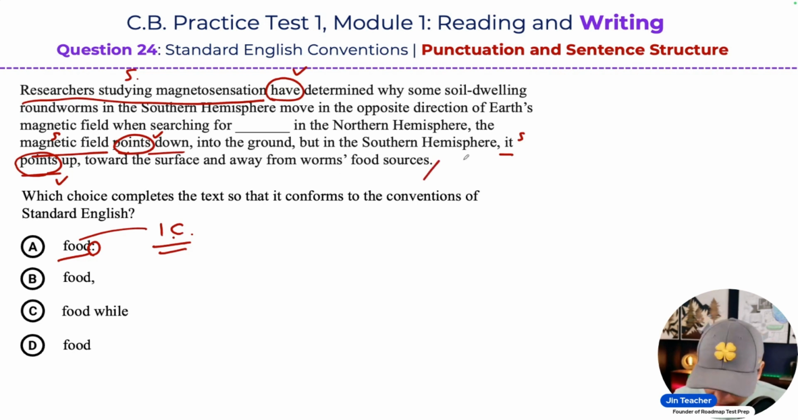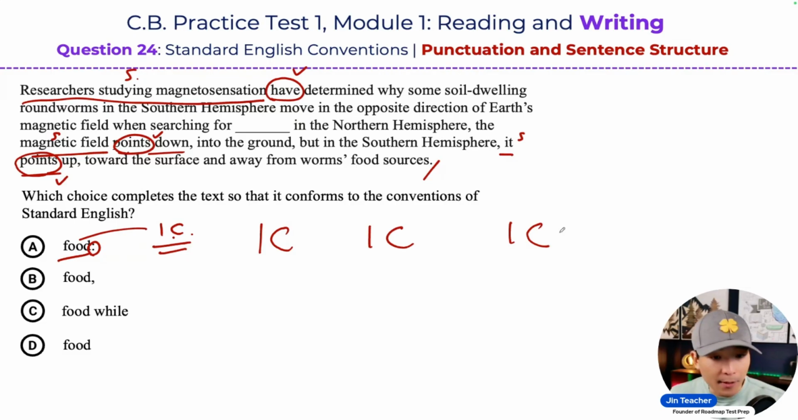So now what I notice here is I have 3 independent clauses, really. The 3 independent clauses that I pointed out: researchers have determined this, the magnetic field points down, it points up. Those are my 3 independent clauses. I'll label those IC1, IC2, and IC3, okay? Now notice how